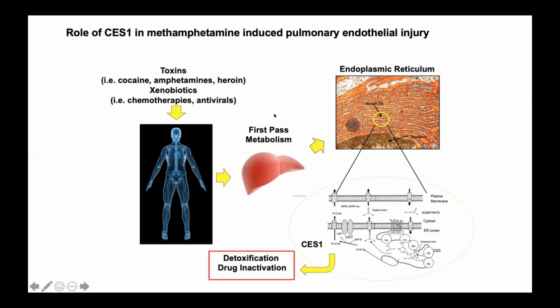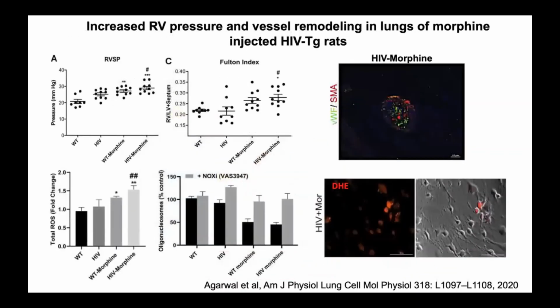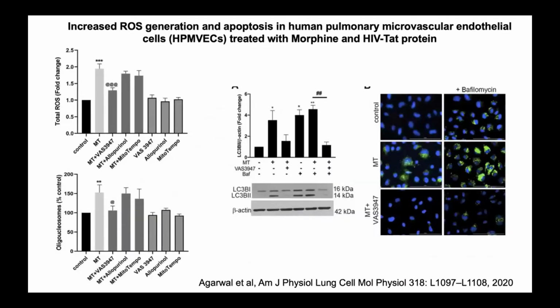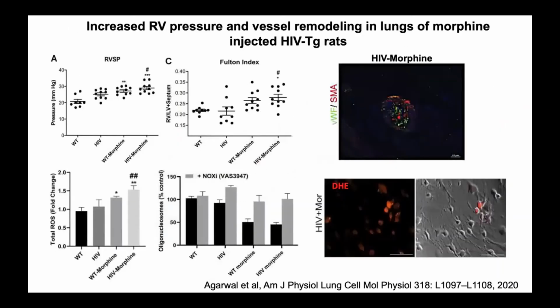And Stuti, could I ask you a question before you move into this next section? Can you go back there? So like a couple of slides here, one was on the human cells that you exposed to the substance in HIV, and then the other is from the rats. One of the questions I have is, you see very elegant remodeling of the arteries here. Is that process irreversible? Let's say somebody stops using this drug, or someone starts taking antiretrovirals. What is the process that happens from there?